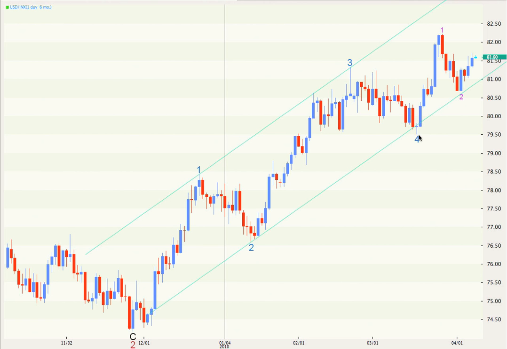Within this fifth wave, we've got our first leg complete and a fairly deep correction for the second wave, and we're working on the early stages of a third wave up. And we may be due for a small correction along the way in the next little while for the dollar. So far, upwards movement is really nicely contained in this parallel trend channel, and that's why I'm simply going to